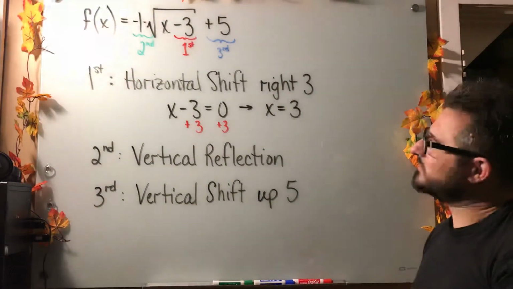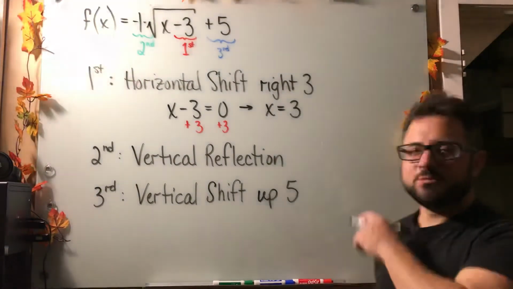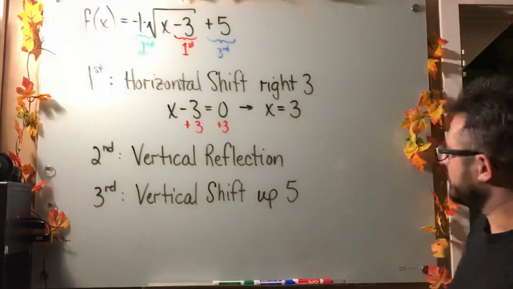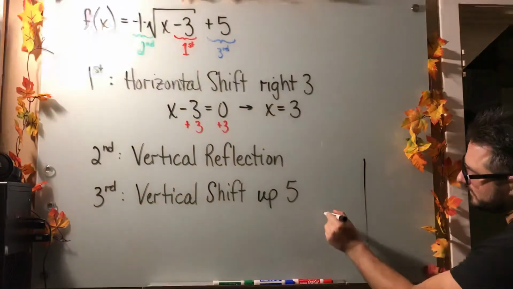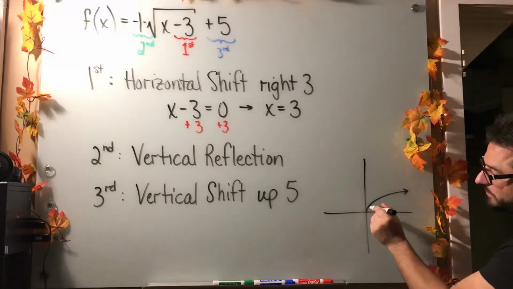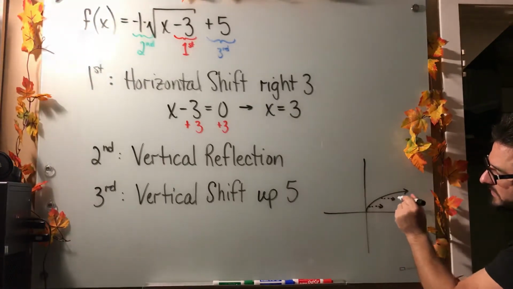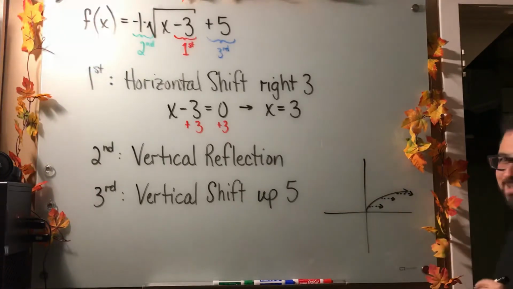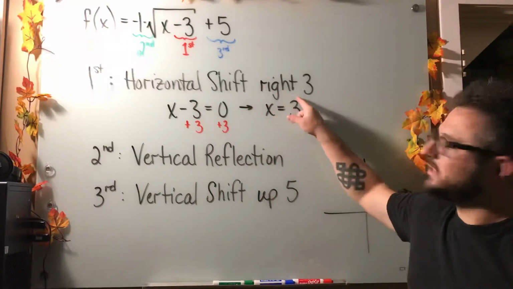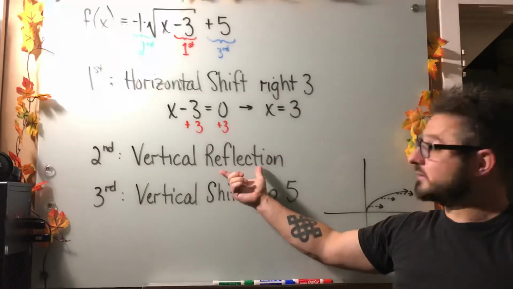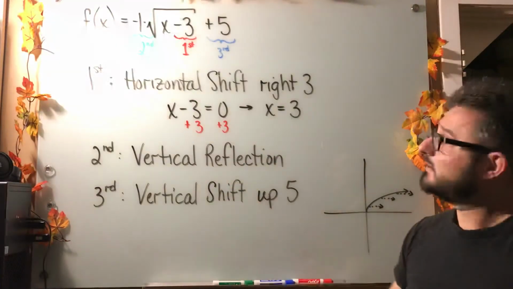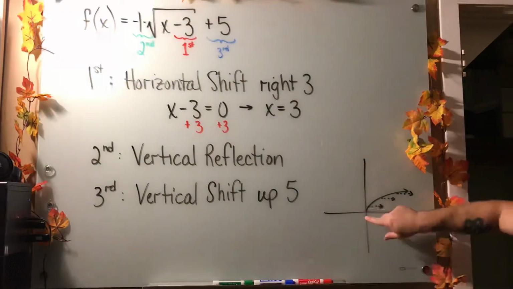Okay, but here's the interesting part. How do we actually produce the graph of f of x then? See, it's very easy if you're only doing one single transformation, like say shifting to the right 3, to just pick up every point and go right 3 spaces. That's pretty easy to do. But that's not where we stop. After moving to the right 3, we then need to reflect vertically. And then after reflecting vertically, we have to shift up 5. That means we need to produce